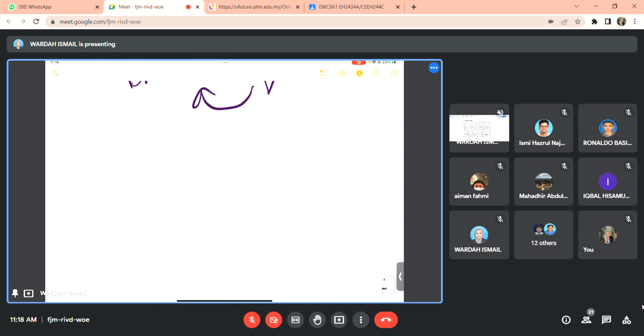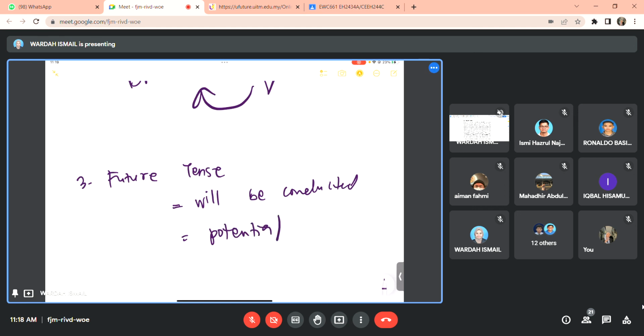Future tense. Number 3. Future tense. Future ni maksudnya it will happen in the future. Okay, dia not yet happen but it will happen. So you kena tulis will be conducted, akan dilakukan. Apa lagi contoh? Potential. Potential ni maksudnya yang mungkin. Potential limitation, mungkin kekurangan. Okay, mungkin. Might be,